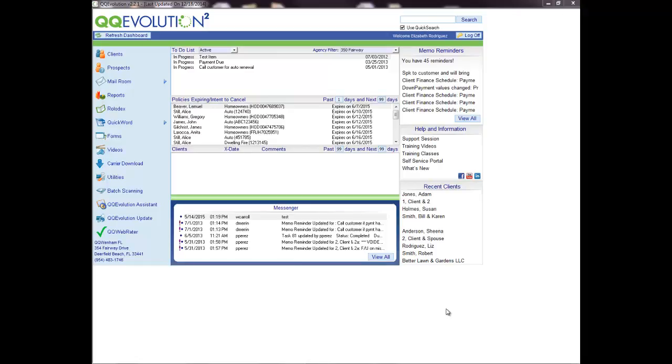Welcome to the QQEvolution training class on how to create and edit reports in QQEvolution. From the dashboard, click on the report drawer on the left-hand side of the screen to access the Standard Reports